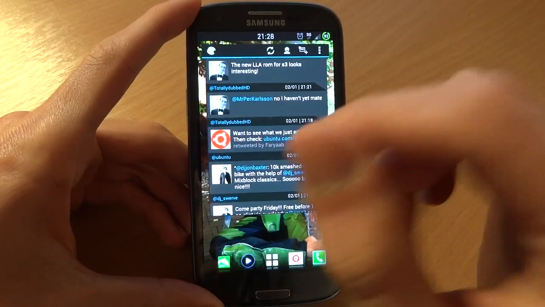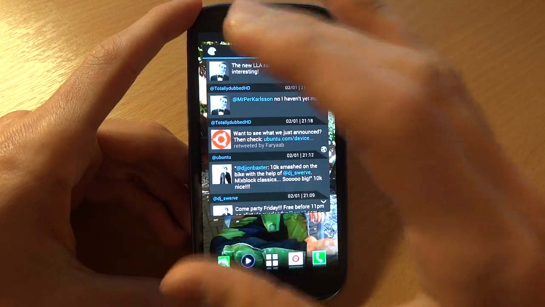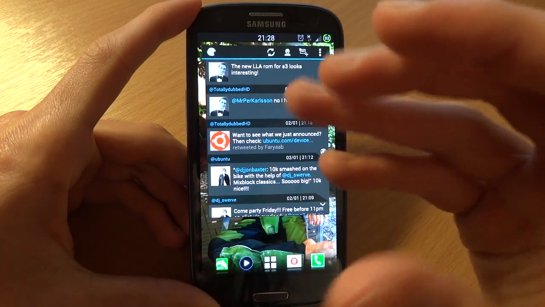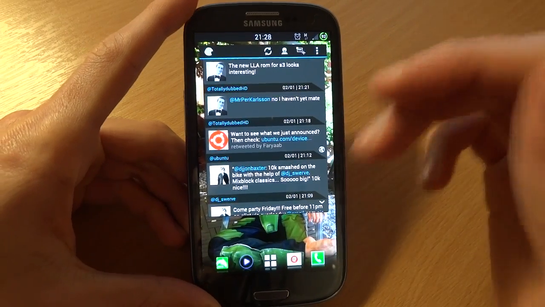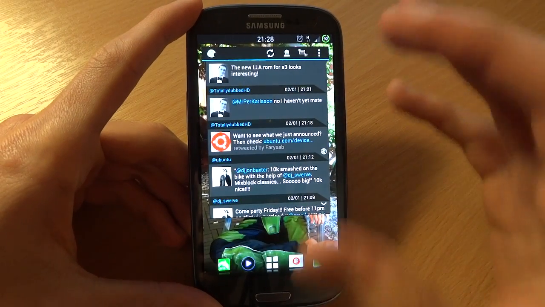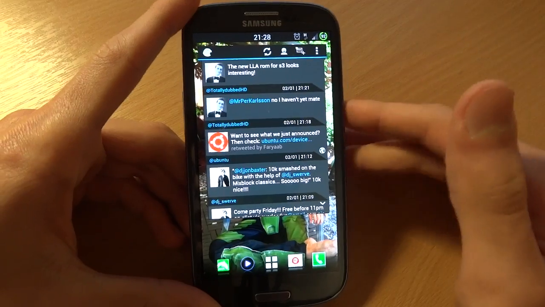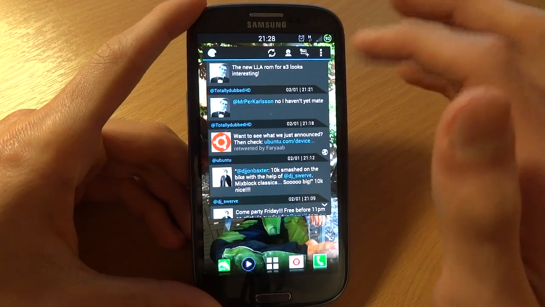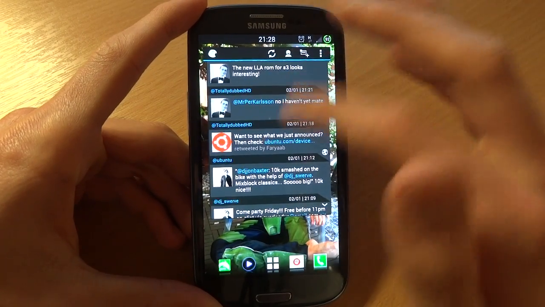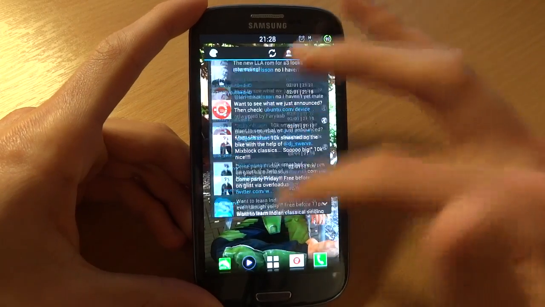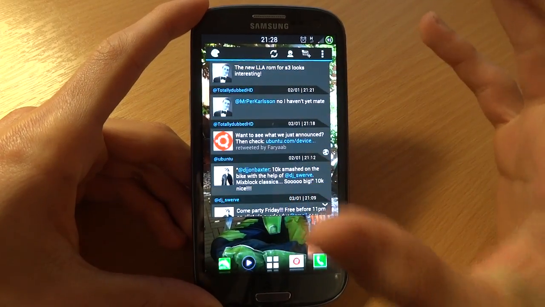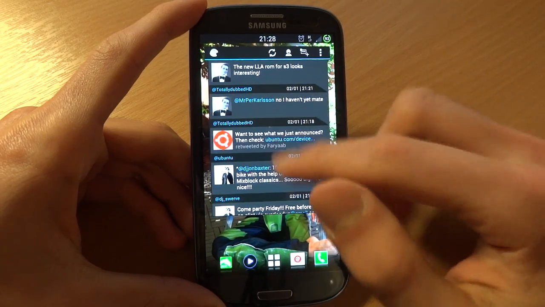So the first time you load this application, what you're going to have to do is actually sign in, and when you sign in you'll also get a tutorial on how to use it. The tutorial is pretty good, and I suggest paying attention and not skipping through it, because it'll give you all you'll need to know about it. Now I'm going to show you some functionalities of the widget. I personally find it as one of the best widgets out there for Twitter, and it's very useful and very